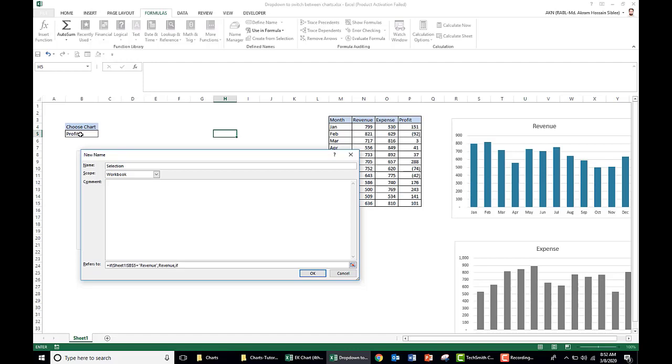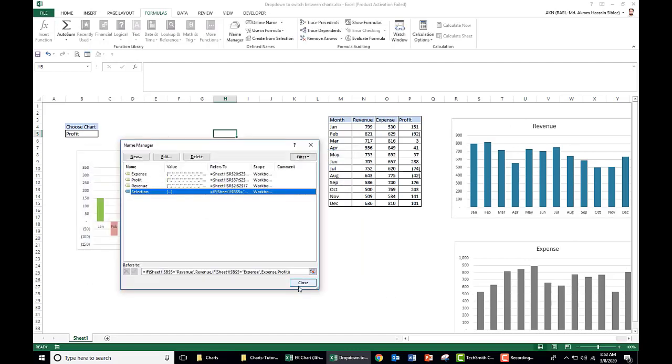Again, if this selection drop down cell equals expense, then we get the expense named range picture, otherwise it is profit. So our condition is: if the name is revenue here, then we give the named range this area. If the name is expense here, then we give this area, and otherwise it will be profit.